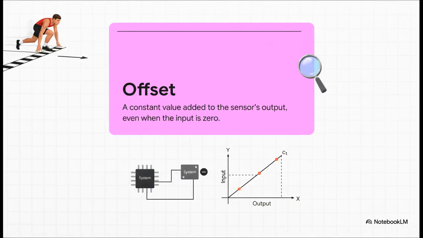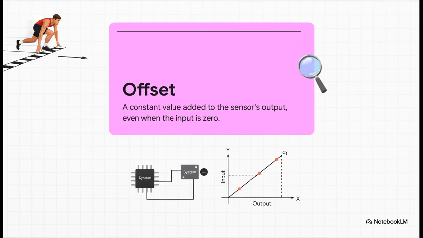All right, next on the list is offset. You see how that graph line doesn't start right at the 0 corner? That little gap is the offset. It's kind of like the sensor gets a head start in a race. Even when it's measuring nothing, when the input is 0, the output is already some other value. It's no big deal. We just have to remember to subtract that head start in our code to get the